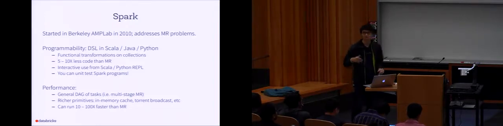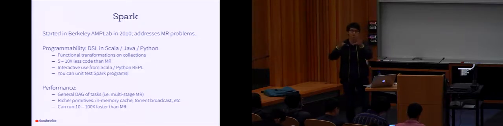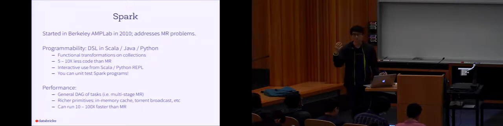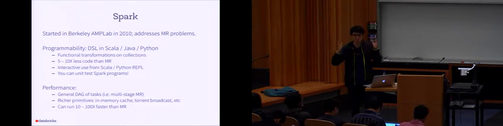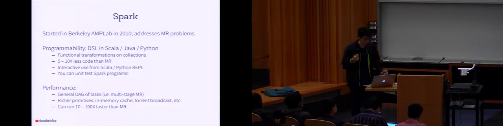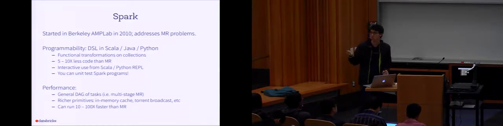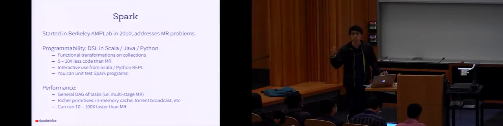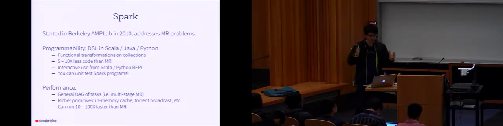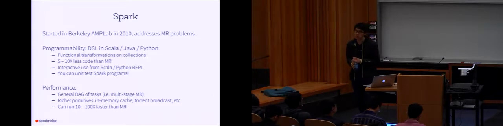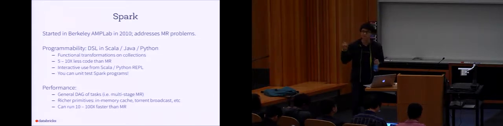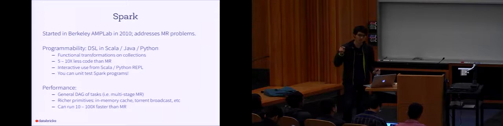So instead of defining map and reduce classes, what Spark allows you, that you are all seeing, is that you sort of view the world as just transformations on data sets. So you have data sets, which are RDDs. And then there are functional transformations you apply on the data set. For example, map and reduce are both just transformations on the data set. Initially it was only a Scala API, but now there's Scala, Java, Python, and as of last night, R API for Spark.